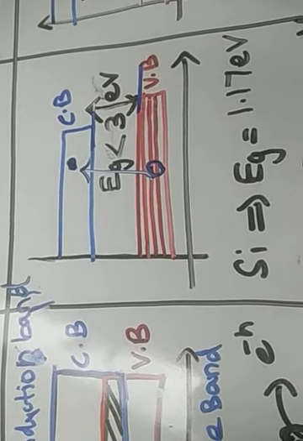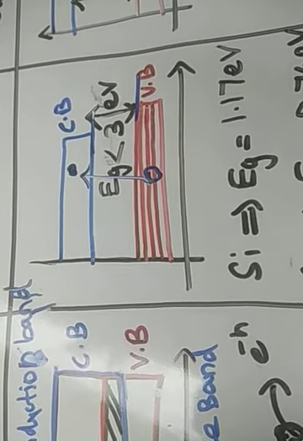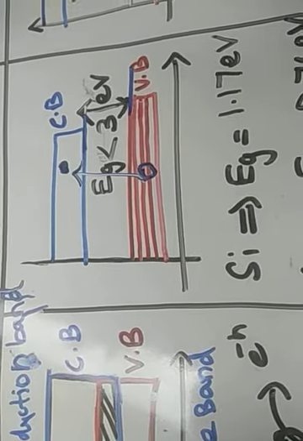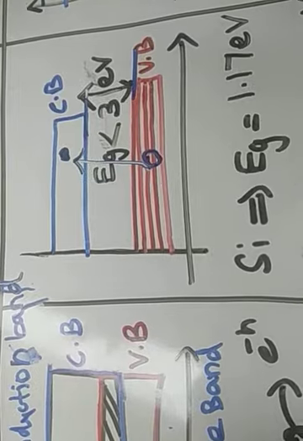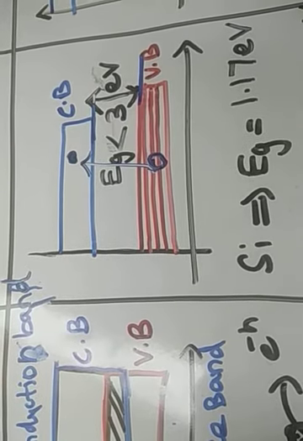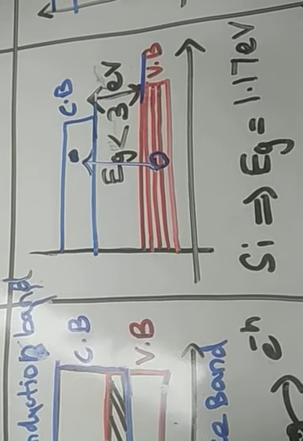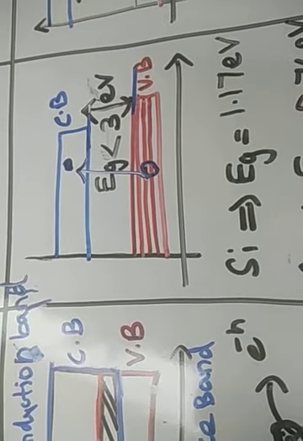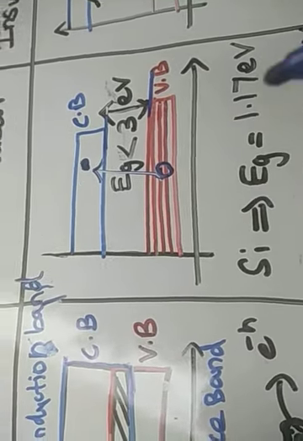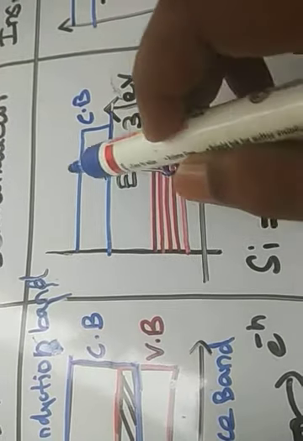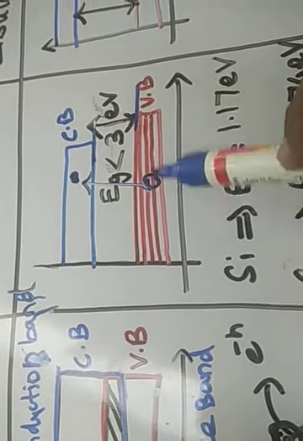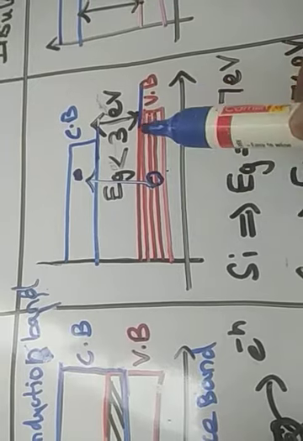This is an imaginary diagram for us. So the valence band represents the electrons present in the valence shell. The conduction band represents free electrons. So if there are more free electrons, that material is a conductor. If there are no free electrons, that material is an insulator. So for semiconductor at 0 Kelvin, no free electrons are available. So what will happen? All the electrons are available only in valence band.